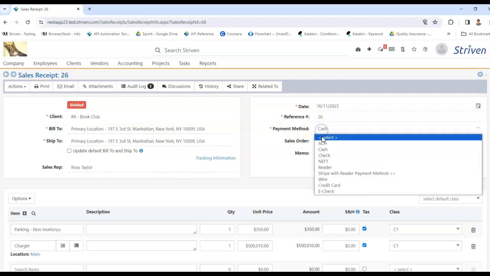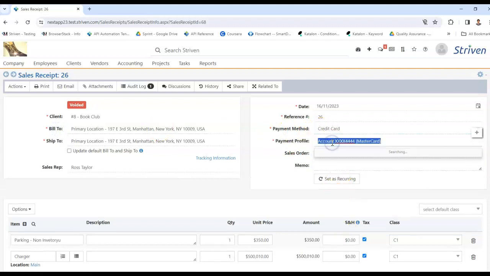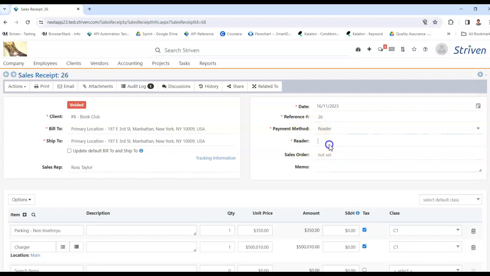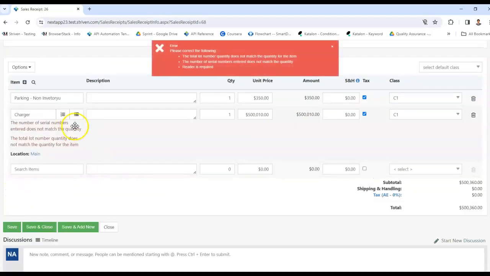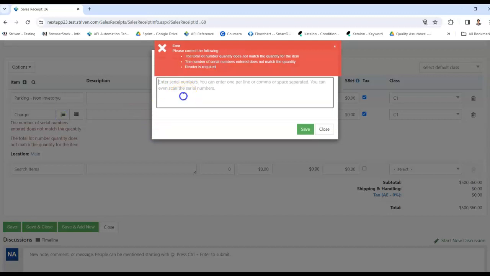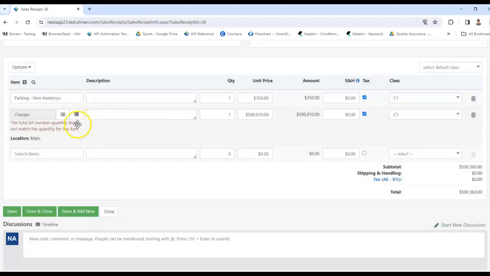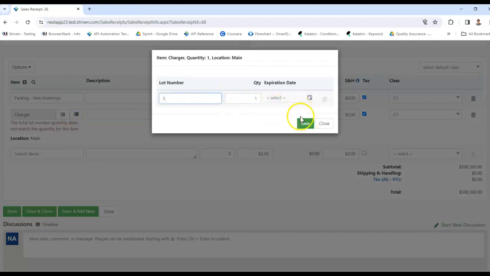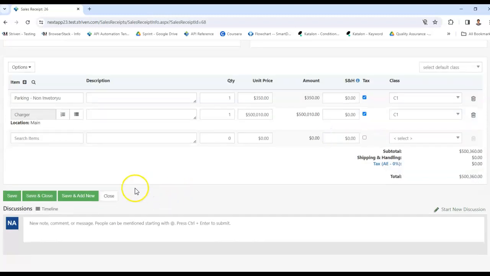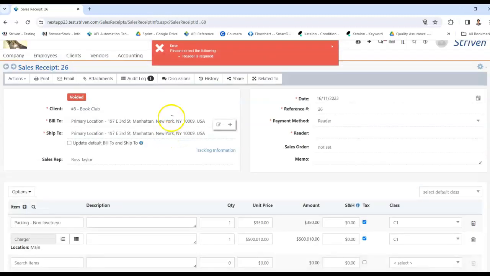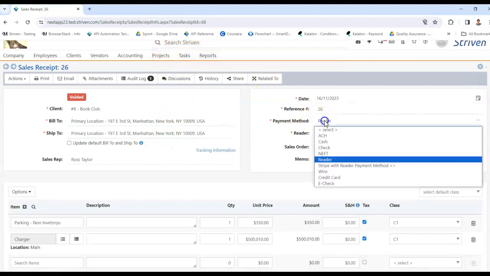So now if I try to change to credit card, I get the available credit card options in the list. But now if I try to select the reader, the available readers are not getting listed here. And if I try to save, it says reader is required, but it is not allowing the user to update this information. So now if I try to save this, it says reader is required, whereas if I select